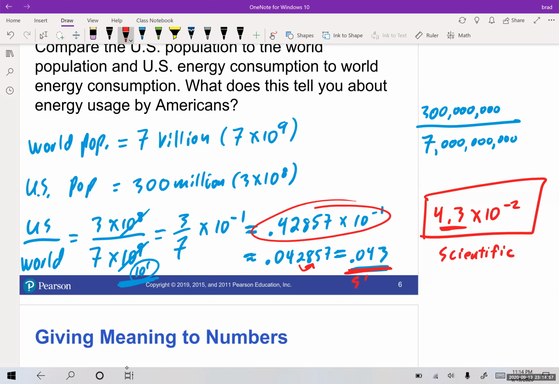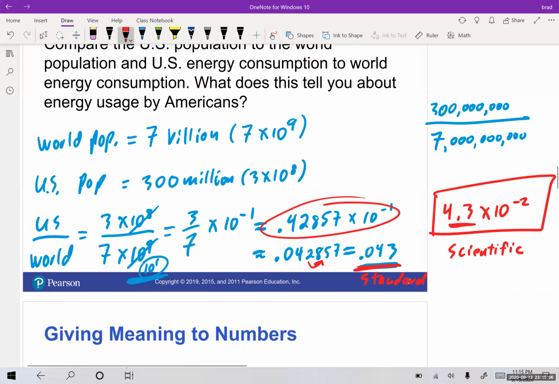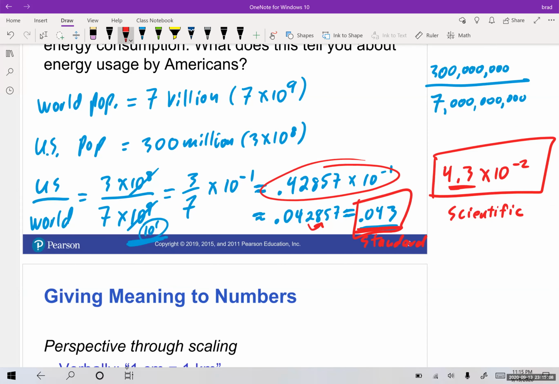This is the standard. Now, just depending on how the question wants it, you just have to decide which one to use. If I ask for standard, then you circle this one and give me this one. If I ask for scientific, then you give me this one. So this, even though it looks like scientific, it's not, because remember, scientific notation